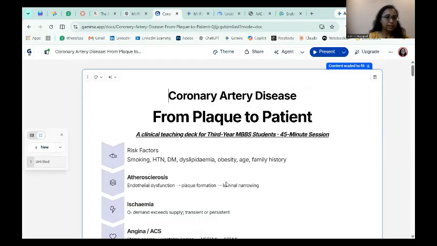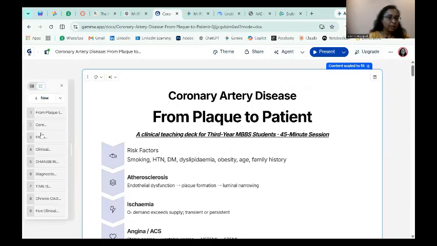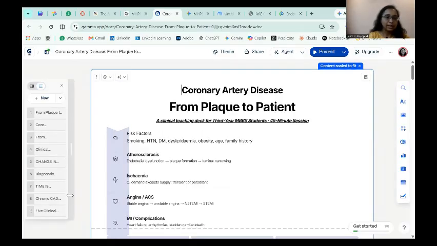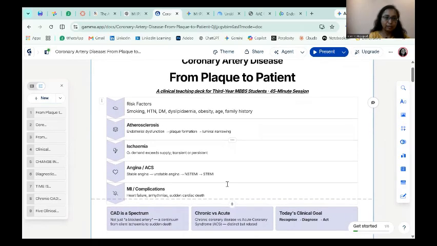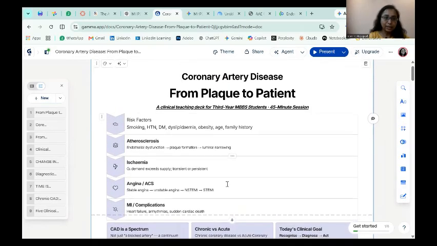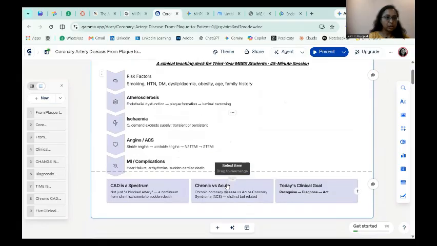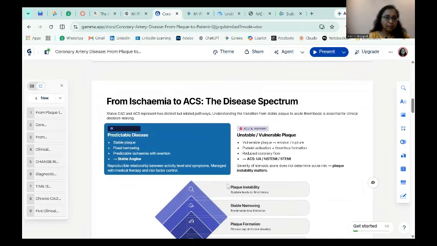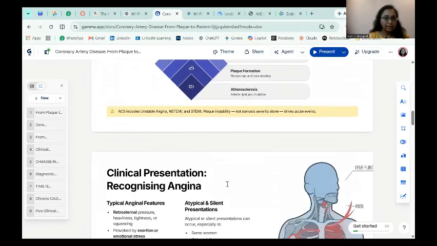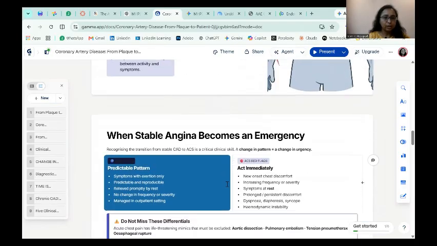Yeah. So it is taking a little time to open, but yes, it is opening. And here is my slide. It has given me nine slides, one for each slide that was there in the lecture text. So each of these slides can be used and you can present it while you are teaching the